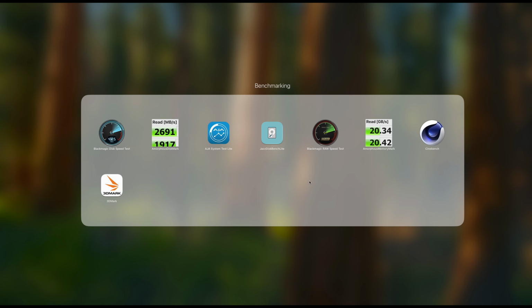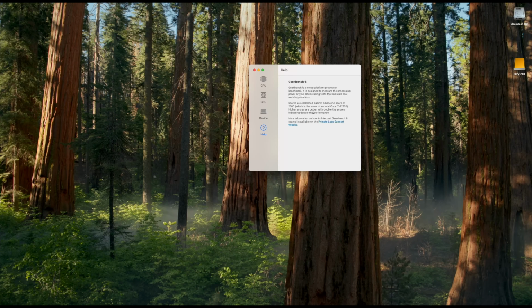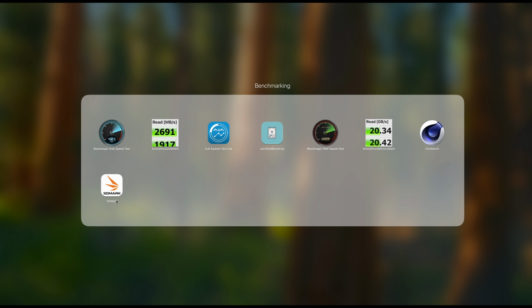For RAM or memory benchmarking, I will use Amorphous Memory Mark version 3 to measure RAM module read and write performance. For CPU and GPU benchmarking, I will be using Maxon's Cinebench 2024 to test single-core and multi-core performance of both CPU and GPU scores. I will also be using Geekbench 6 to test CPU and GPU performance for everyday tasks. I will also be using 3D Mark Steel Nomad Lite version